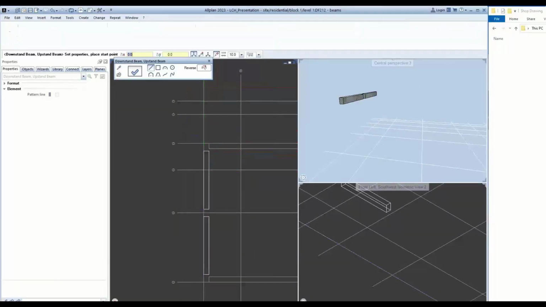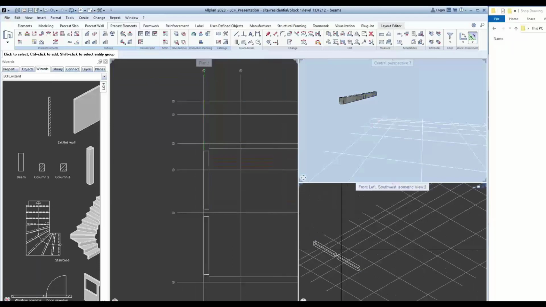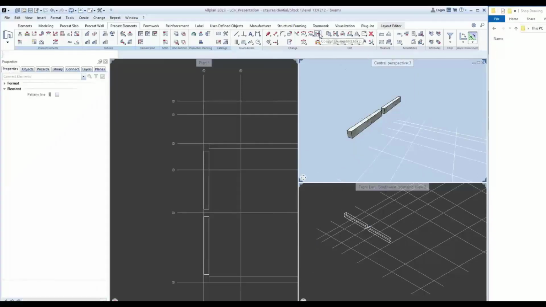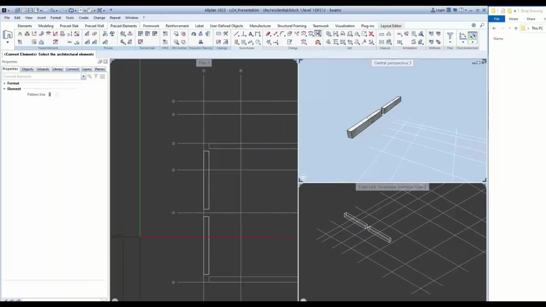So I'll just create 2 beams, and then from here, we need to do a conversion of architectural element to 3D solids. So we select both elements, and as you can see, they were converted as a 3D object. And then we can use now the precast element,